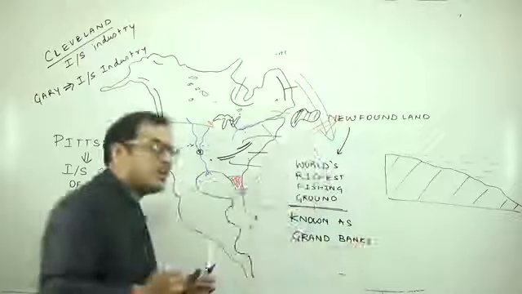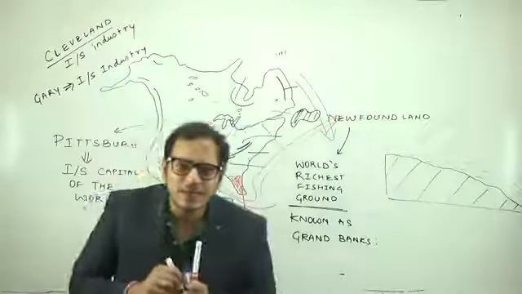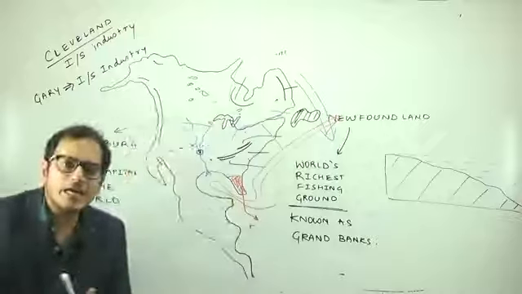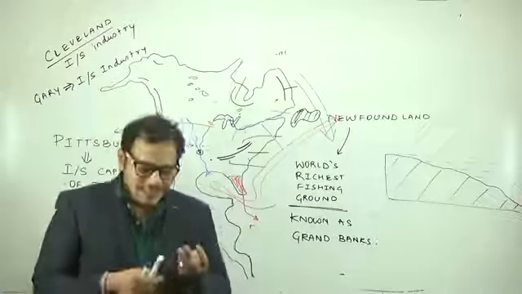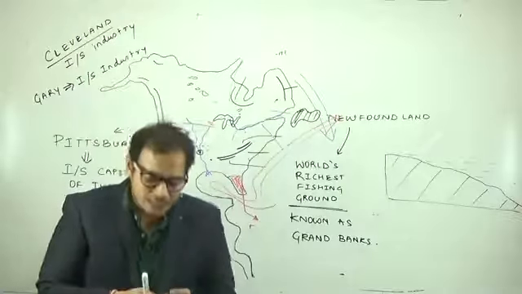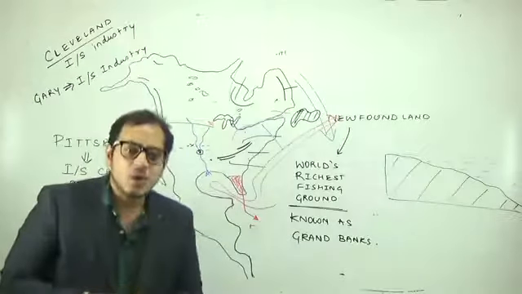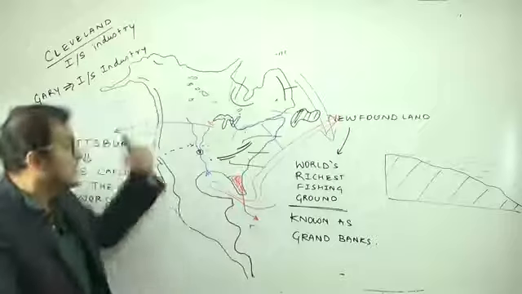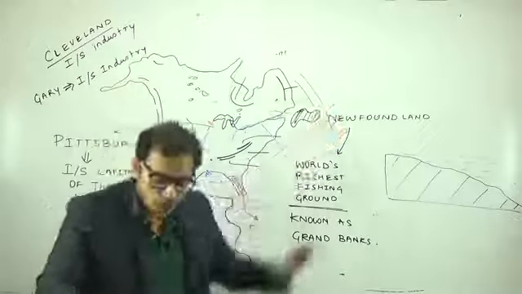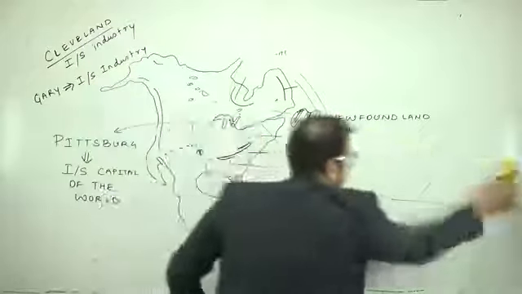So where are the world's richest fishing grounds located? In the areas where the cold and the warm currents meet. These are the areas where the world's richest fishing grounds are located, and the Grand Banks region is the world's richest fishing ground. Similarly, this Gulf Stream will go and then it will go and